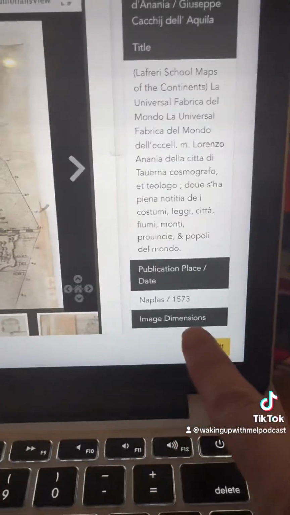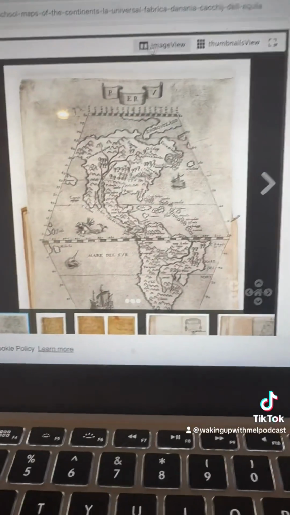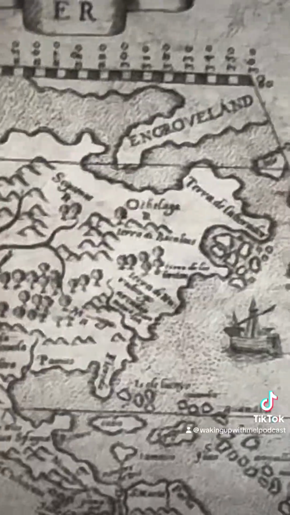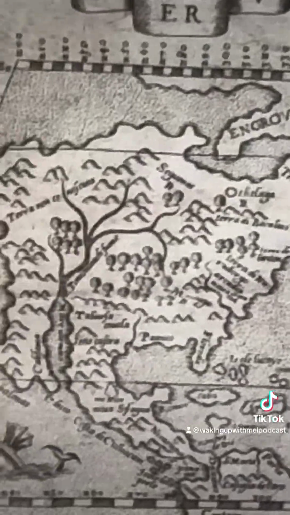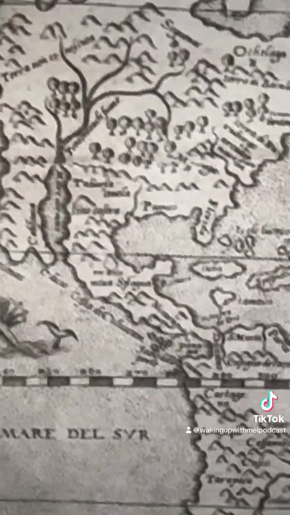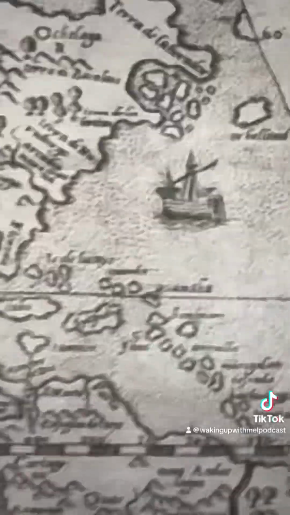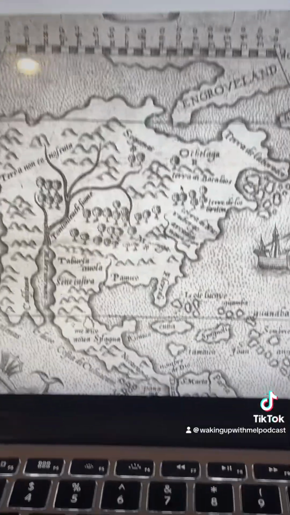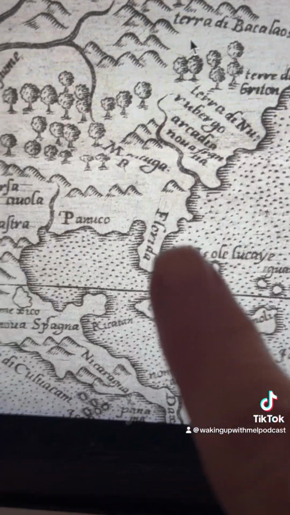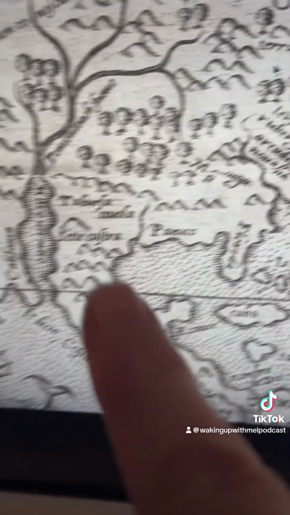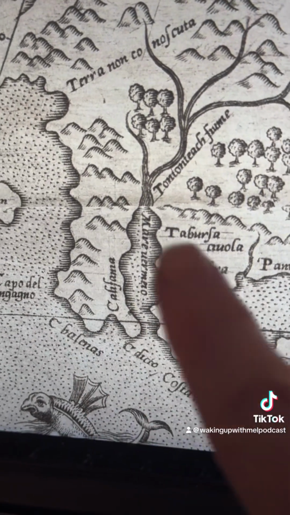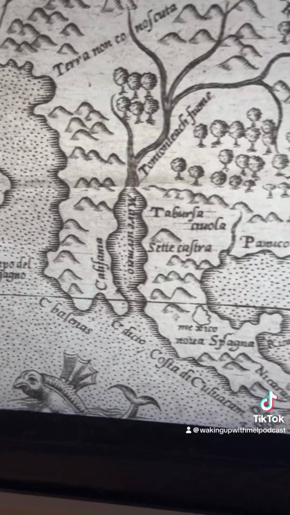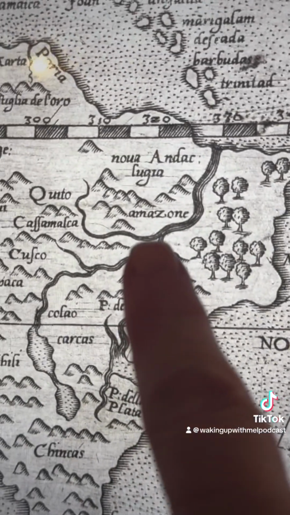Okay, this map right here is from 1573. Something you need to know is that they changed the maps right after Christopher Columbus. So this is Florida on this map. I believe that's Greenland right there. But you can definitely tell this is Florida, right? So we know that this map that says Peru also says Florida here. This is now the Gulf of Mexico. There's Cuba. This was California. This used to be called Red Sea. Interesting.